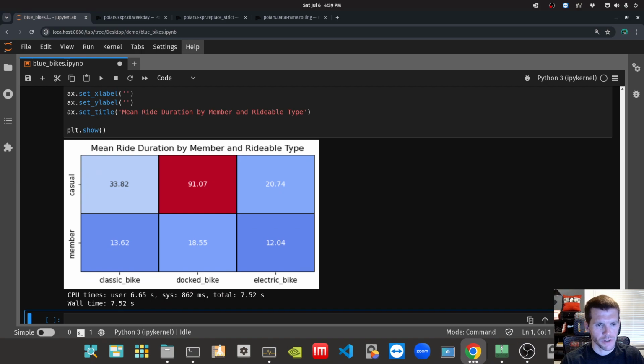All right, so that looks decent, right? We can go with that. So in this case, what we do see is that, in general, your members tend to have shorter mean ride durations, right? Again, they're going to work. They're on a mission. Versus your casual, and it tends to be that it takes longer for people on classic